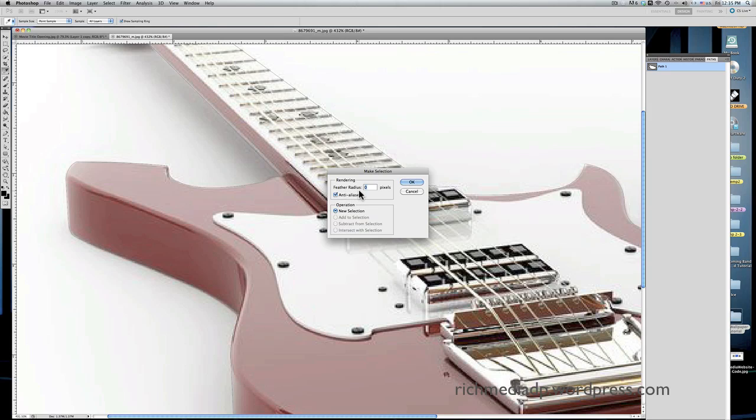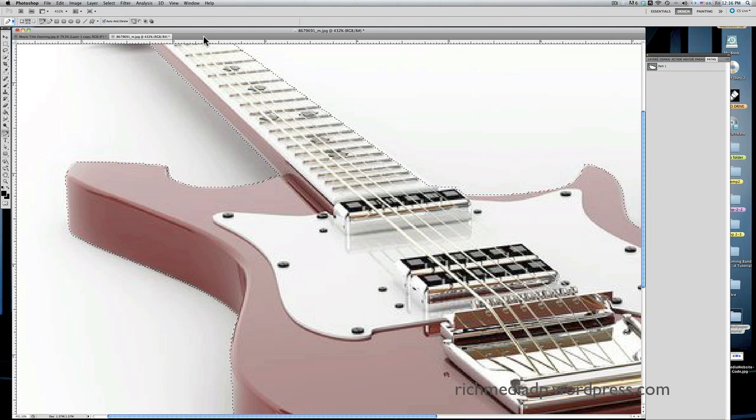Feather radius, you can go between 0 and 2, and you're pretty safe. I leave it at 0 because if you're anti-aliasing, basically you're giving that soft edge to everything. So if you have that pressed, you're pretty safe. So leave anti-aliasing on pretty much all the time. If you don't want a real hard edge, then you'll be safe. Okay, press OK, and then I'm going to